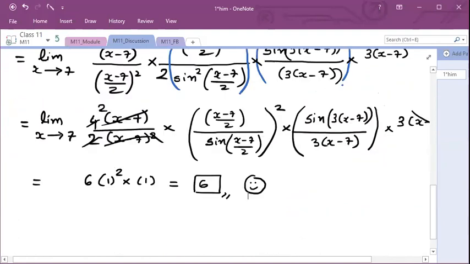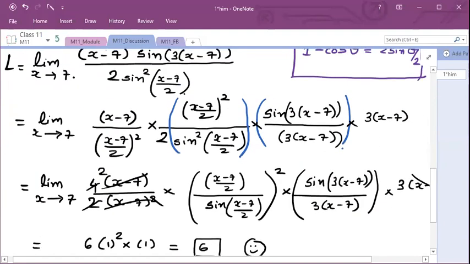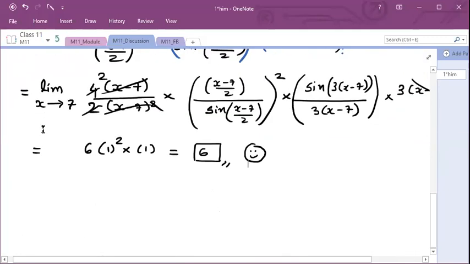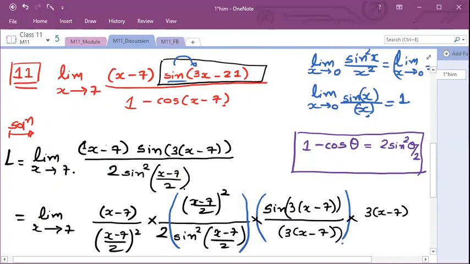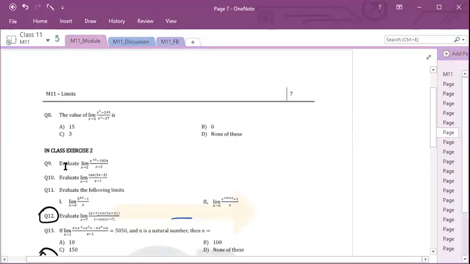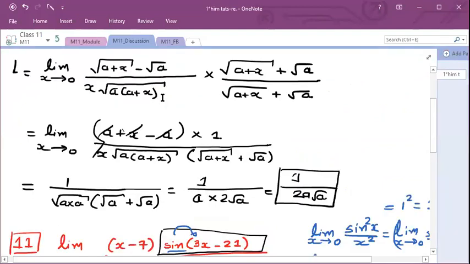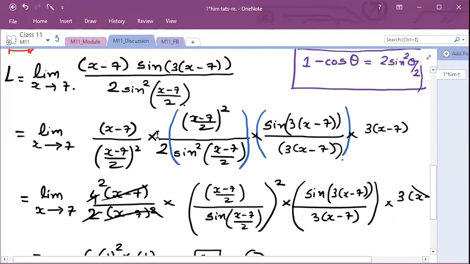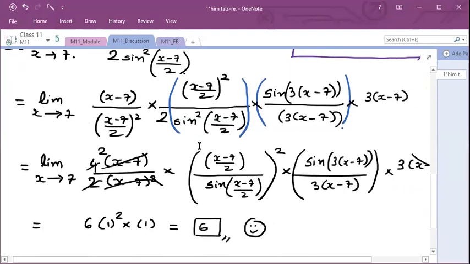Okay, question number 11. Please give me some response. Question number 7 clear? Anyone who had a doubt? Okay, just step by step we need to know, right? First, you need to apply the limit and identify if it is a determinate form or an indeterminate form. And accordingly, if it is determinate or indeterminate, you have to use the formula. In the third step, I have just rearranged everything.